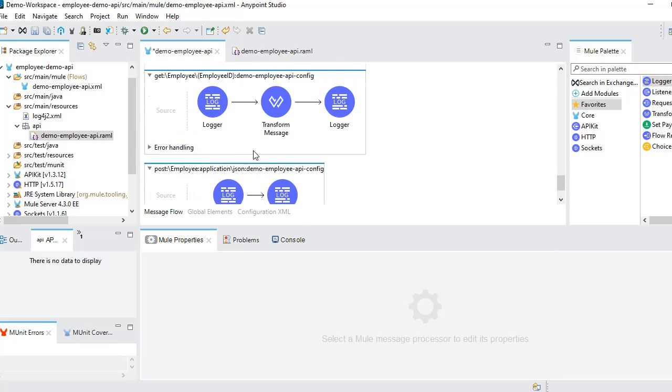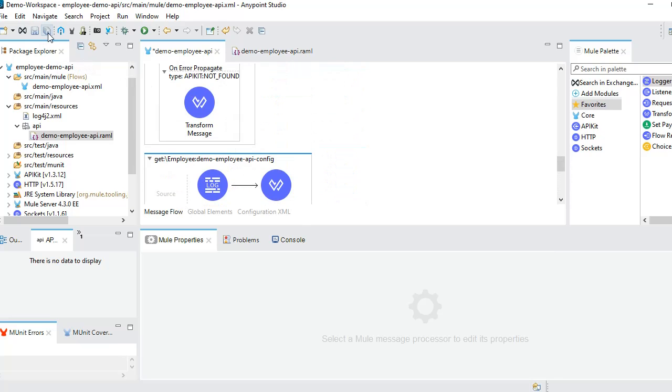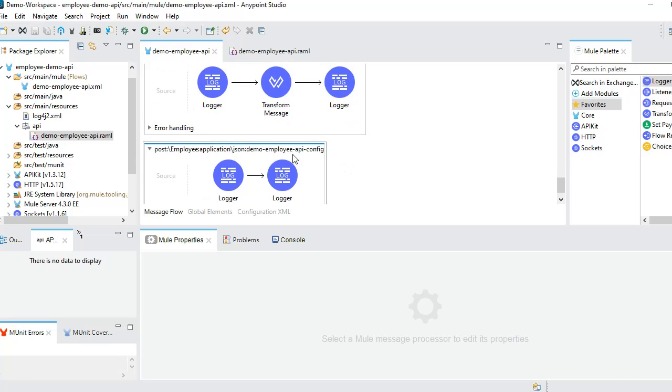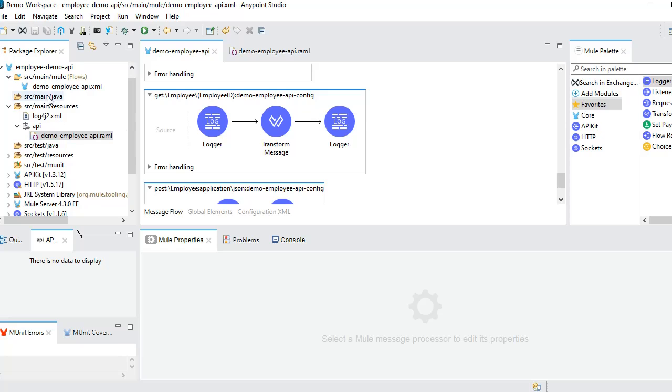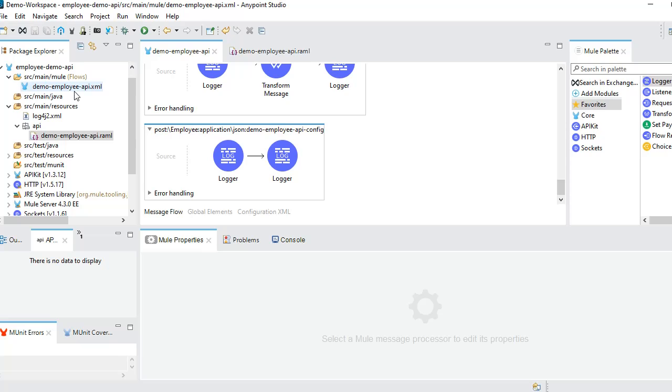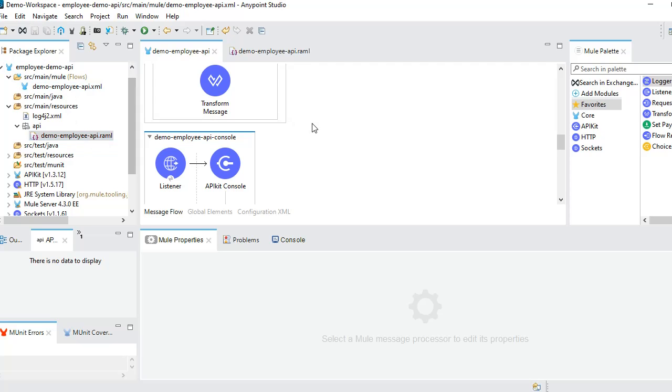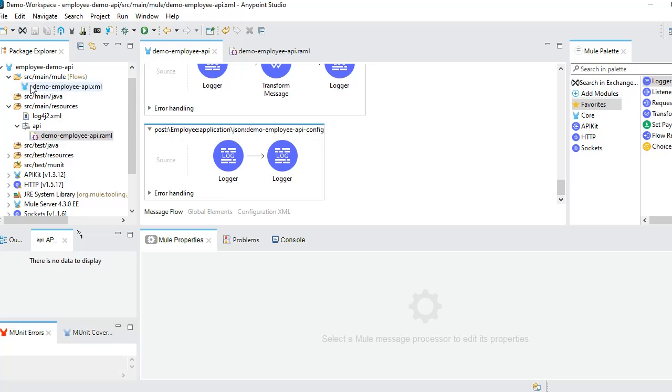So for now, we are done with our API implementation. In real time, in your real time projects and client projects, once we generate this flow, we can create another configuration file for each and every functionality, and invoke that flow from here in the main flow, so that it will actually work. We will see that one by one in our upcoming videos. For now, just keep in mind that we have imported the RAML and created an API here. And now we need to deploy this application into CloudHub as an implementation.